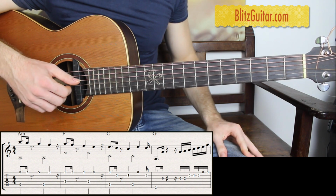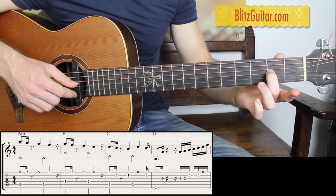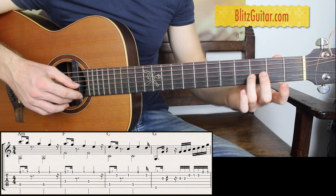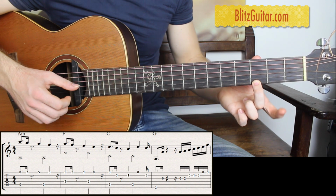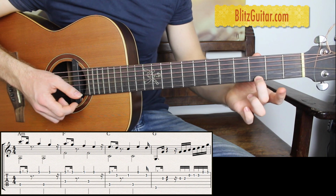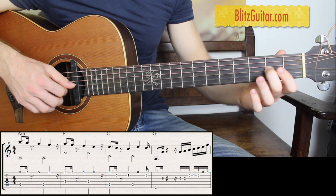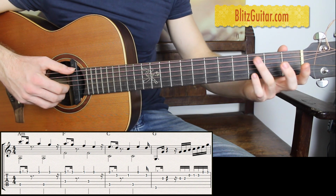So you have the 3rd open string, then fret number 2 on the 2nd string, 2nd open, fret number 1, fret number 3, 1st open, and the 1st string, fret number 3 with the 2nd finger, guys. This is really, really important that you play that with the 2nd finger. So, 1, 2, 3, 4, 5, 6, 7 notes, okay. So you play the G chord,